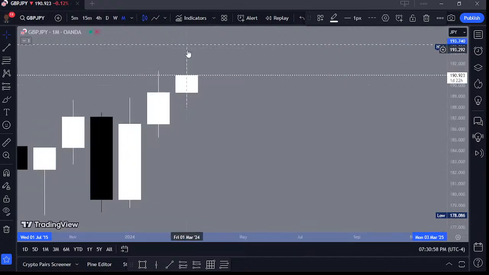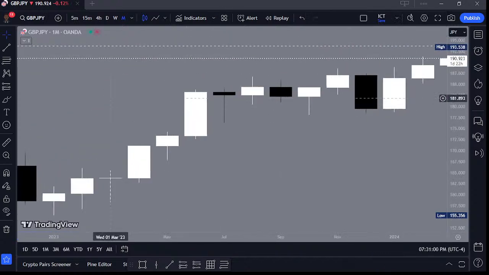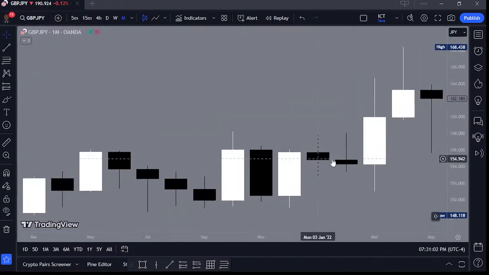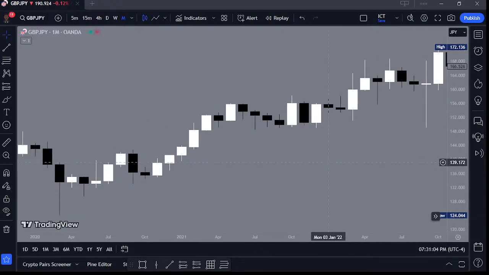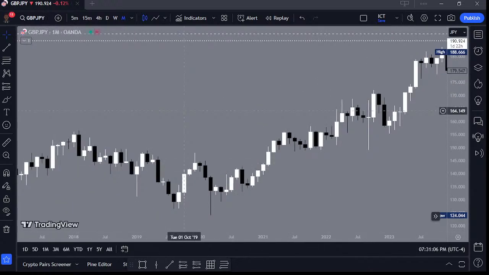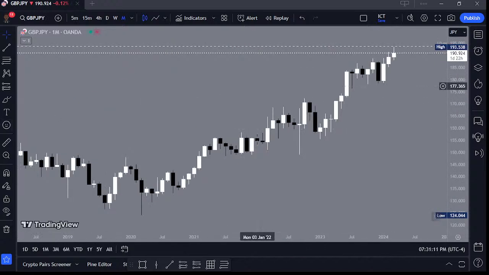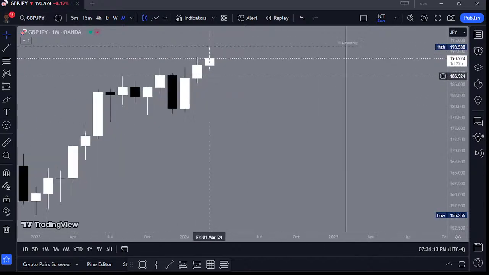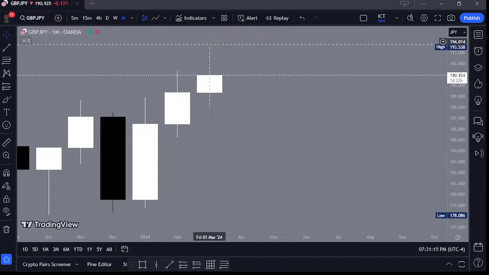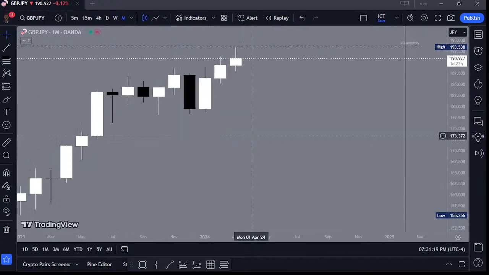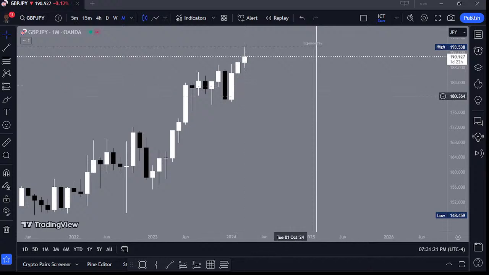As you can see, there is a pullback here. I want to just be precise. So almost took liquidity here. That's great. So as we can see, our monthly chart